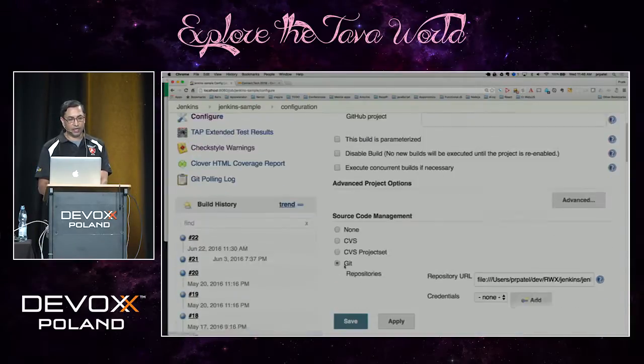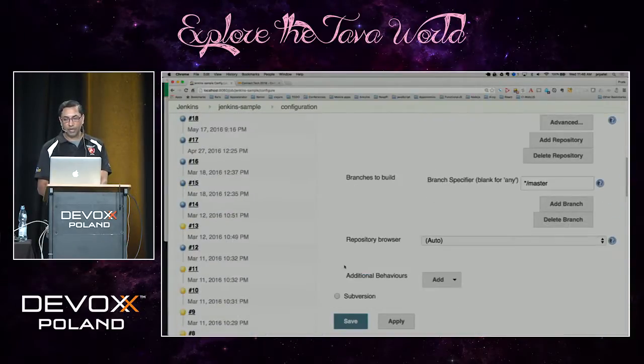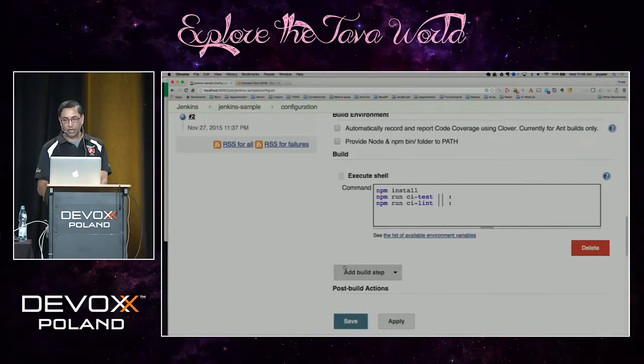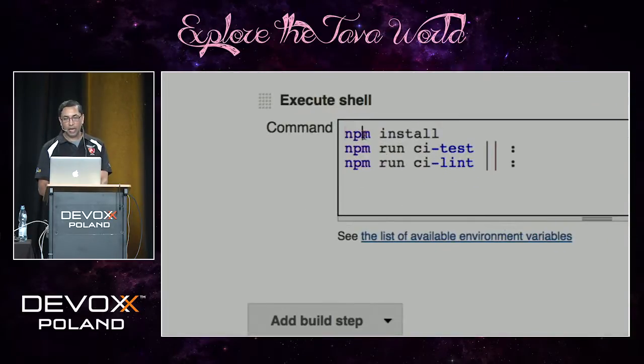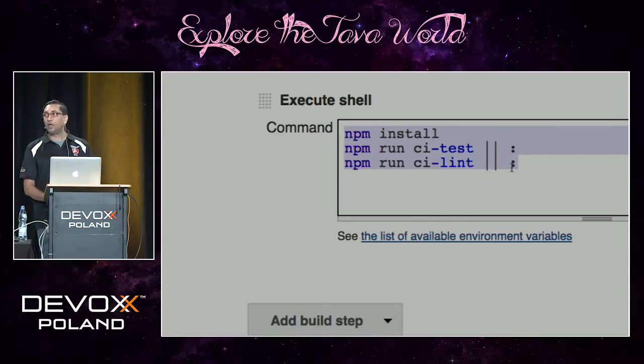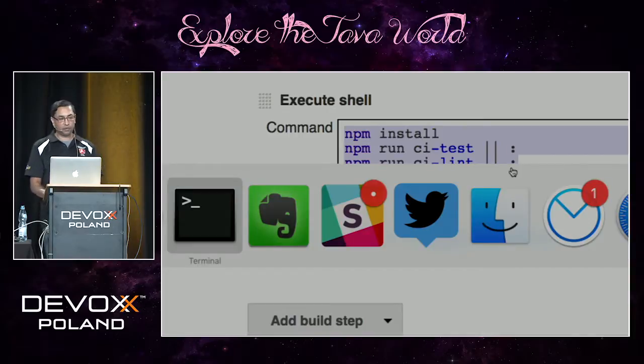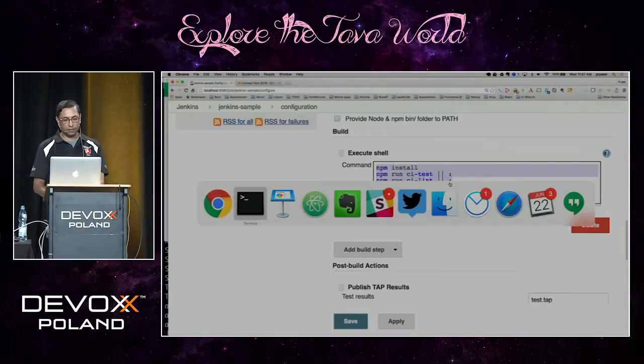One of the things I said that we do as a best practice is we do an npm install and then we go run everything. So we're essentially doing a clean, if you will. And the comment was, in the sample project we didn't have many dependencies, but in a real project, for example, if we go look at